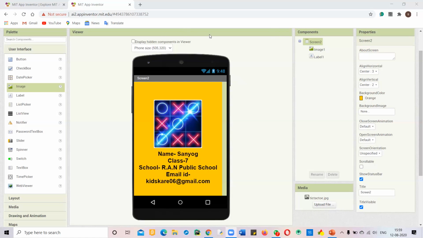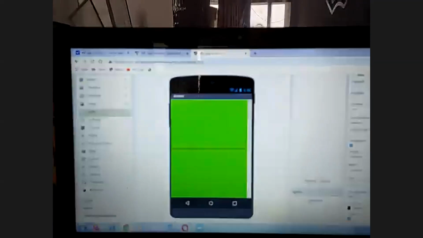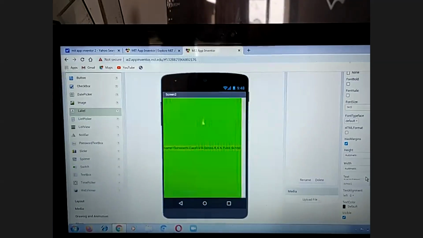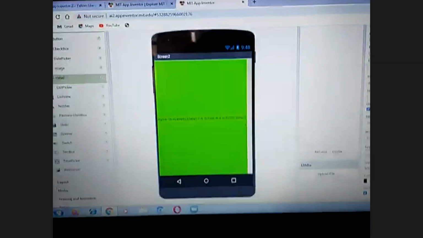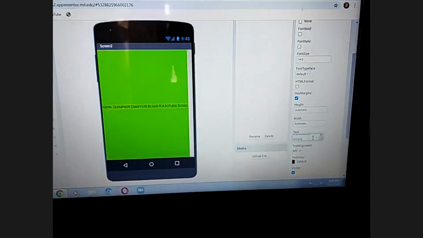Show your screen. Please show that text. So show the text part where you have written the text.